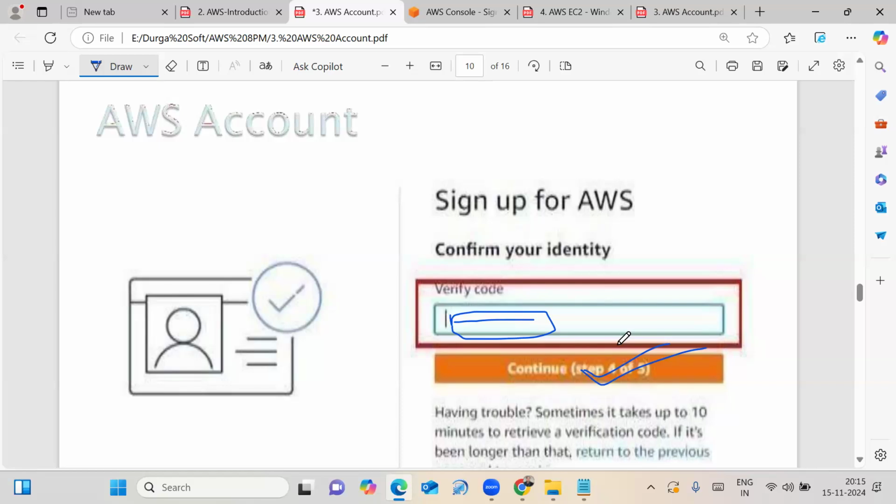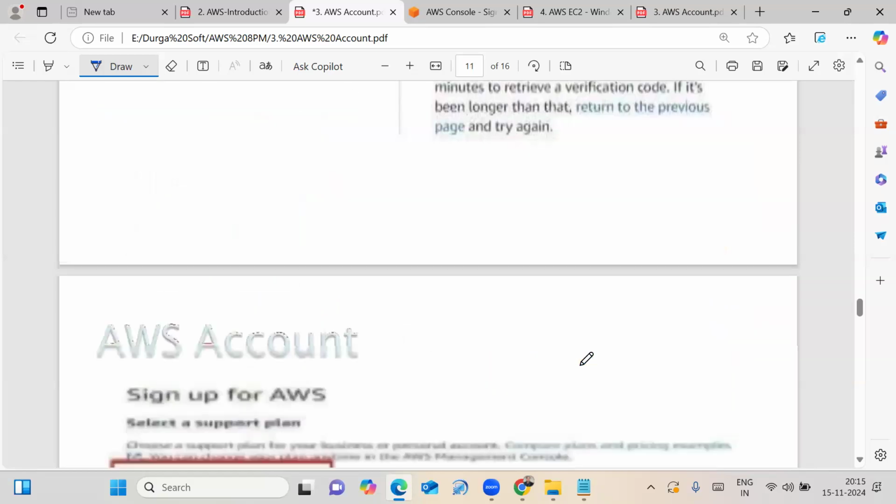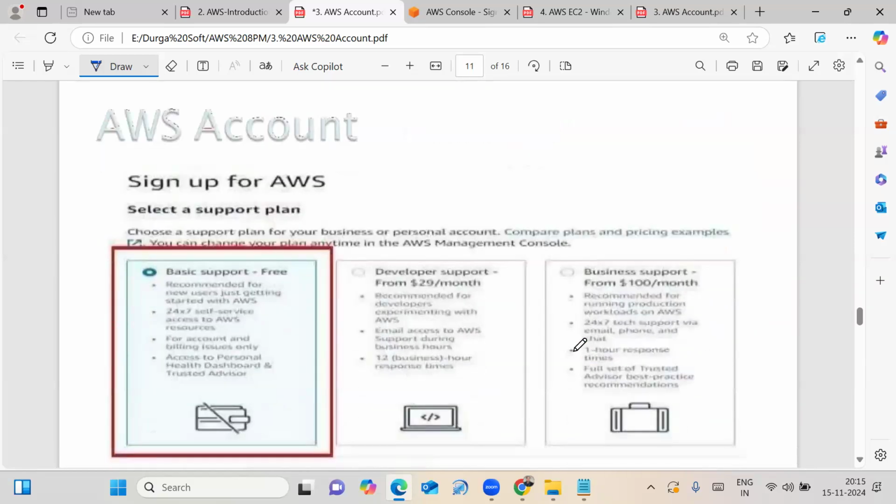Once step 4 is completed, you need to select your plan. Friends, for practicing purposes, I recommend that you choose the basic support, the free plan. If we choose this basic support free plan, it provides 12 months of free service.